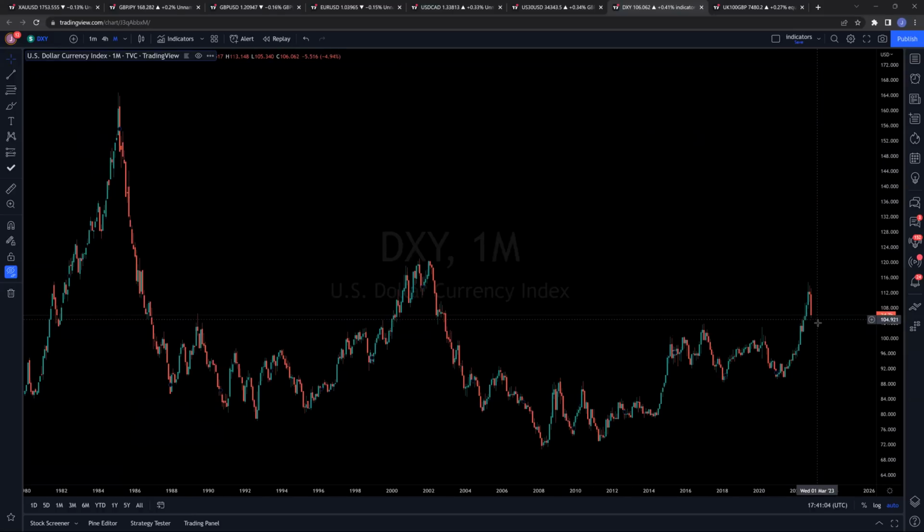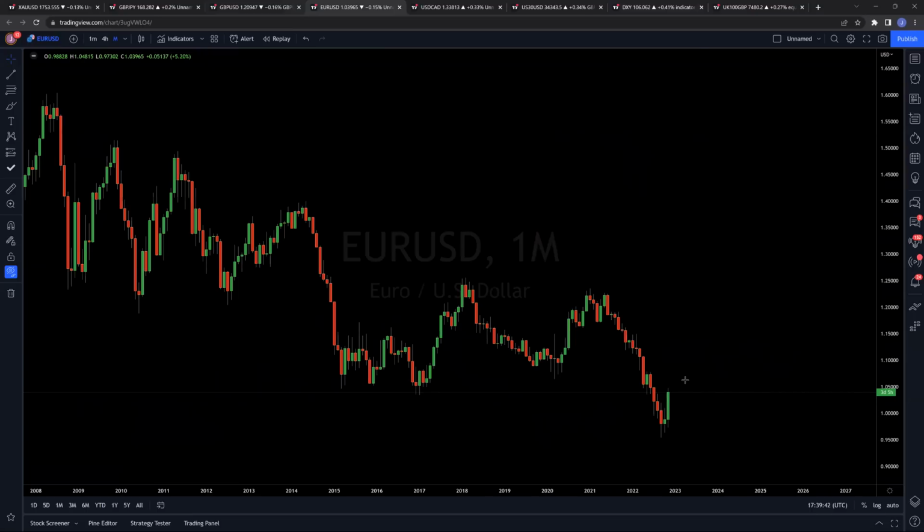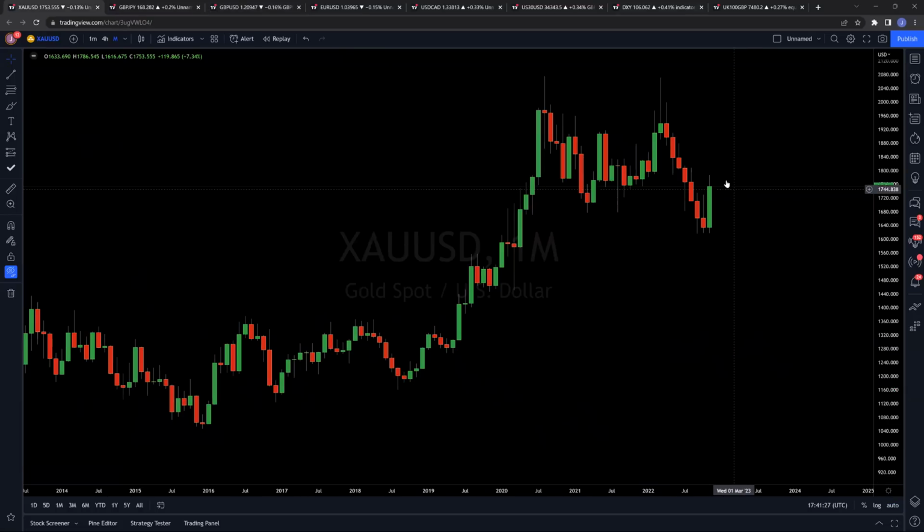But can we still have deeper downside plays on dollar to 101, 102 flat? Yes. Can the US stock market still go to 35K? Yes. Can Euro USD have deeper pullback phases to 1.06? Yes. Can GU still have some deeper pullback phases to 1.228, 1.25? Yes. Can gold still have deeper pullback phases to the 1800s? Yes. And that's what we're going to be playing in the short term, being the next potential days and weeks